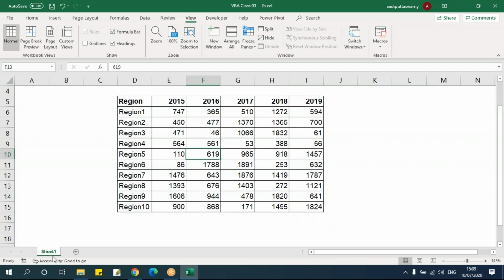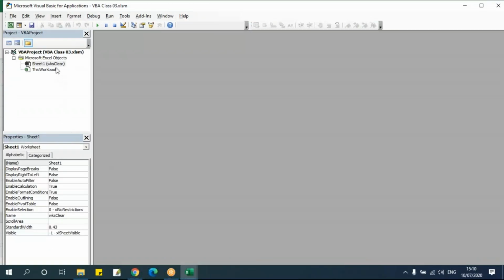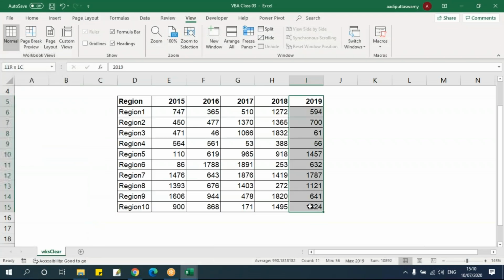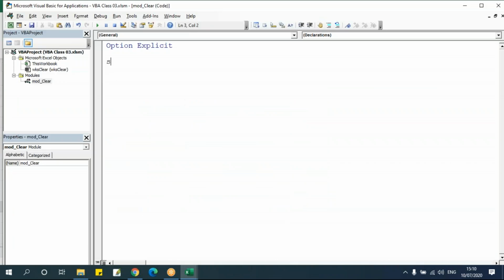So first we'll rename this. I'll say WKS clear, Alt F11. We'll rename this. Right click, insert a module. Here we'll say mod underscore clear. Let's assume that I want to clear the data which is in column I from row 5 to row 15. Say sub